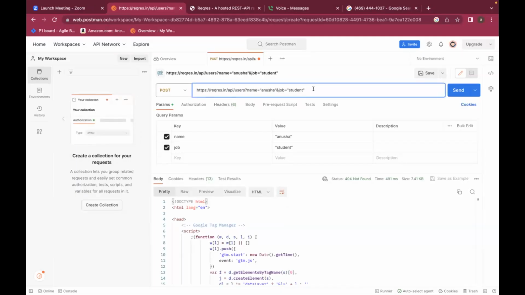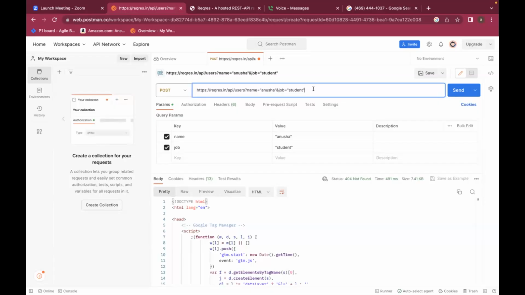So 400 series, that is 400 to 499 and 500 to 599. Both of these series, 400 and 500 series, are for negative response codes. So what is the meaning of 400 series?